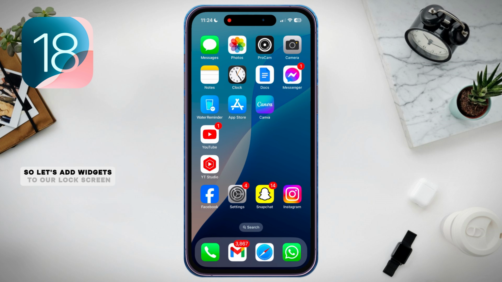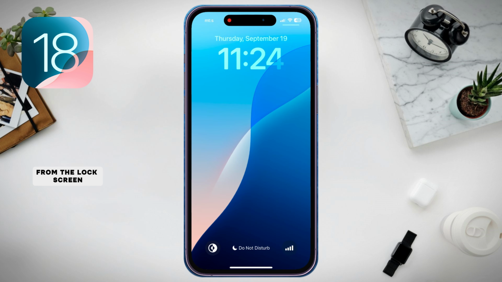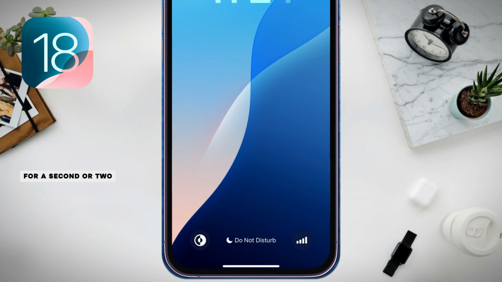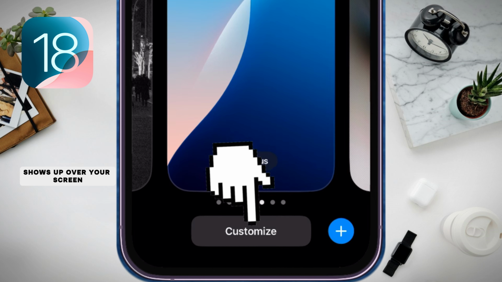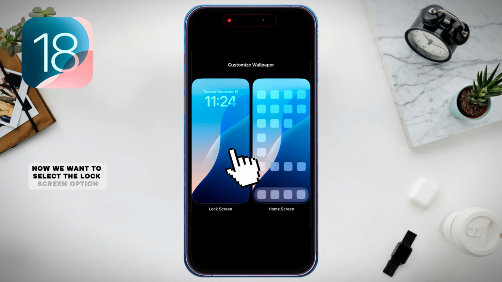So let's add widgets to our lock screen. From the lock screen, you want to long press anywhere on your screen for a second or two, and wait until this Customize option shows up over your screen. Now, we want to select the lock screen option here on the left, since this is where we will be